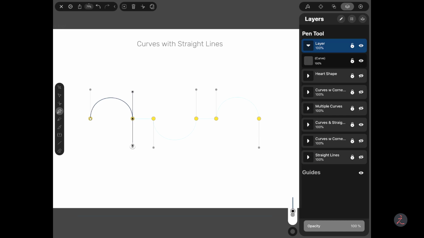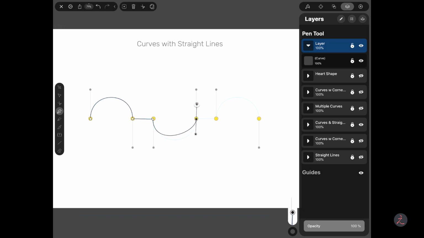But before I release the pen tool here, I'm going to introduce a new gesture, which is I'm going to tap one finger on the canvas, and now I can move this control handle independently from the other control handle to be able to create a straight segment. So I'm going to tap once, and again, because a curve is coming up, still using the pen tool, I'm going to pull out a control handle.